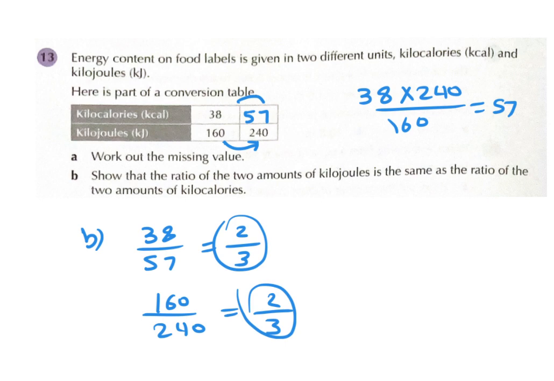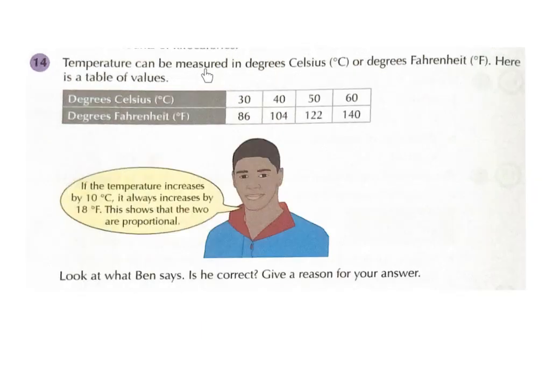Temperature can be measured in degrees Celsius or degrees Fahrenheit. Here's the table of values. If the temperature increases by 10 degrees Celsius, it always increases by 18 Fahrenheit. This shows that the two are proportional. Is it correct? Yes. So if we increase by 10, this increases by 18. 86 plus 18 equals 104. Now, if we increase,